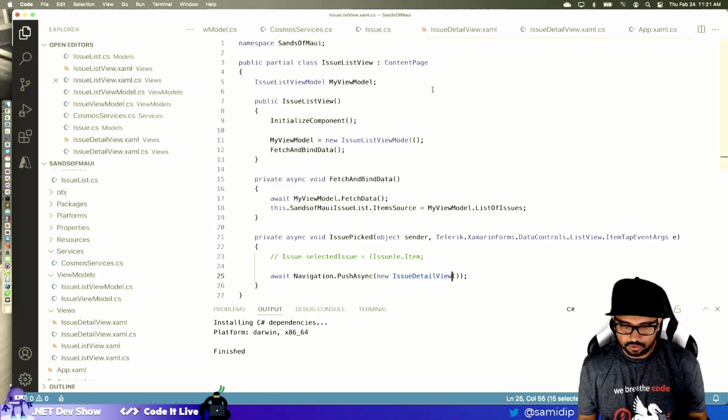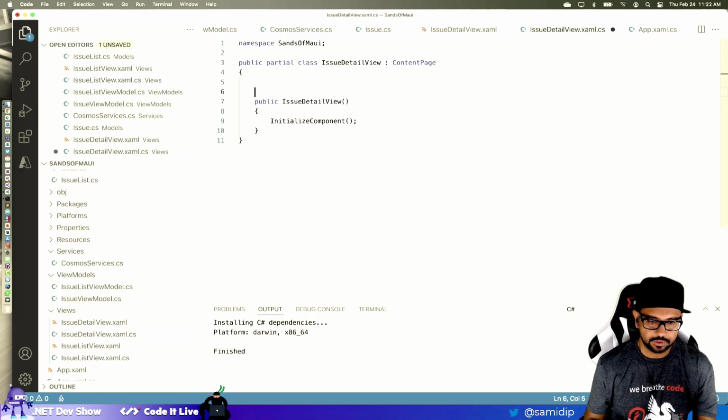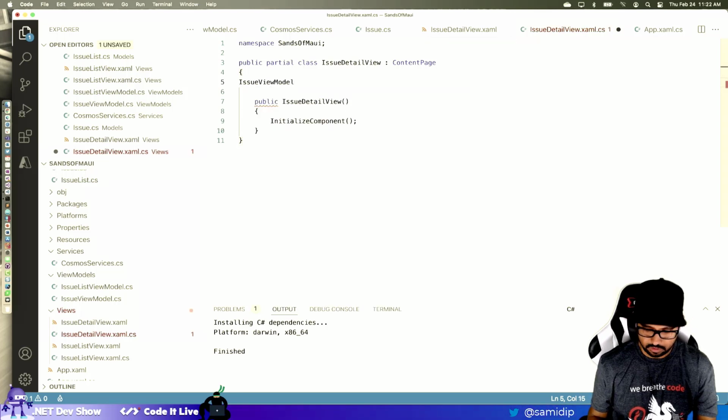All right, so issue detail view here. So we're going to do issue view model. Why is it not centering like that? Let's just say my view model. And here we are going to initialize or new up my view model.